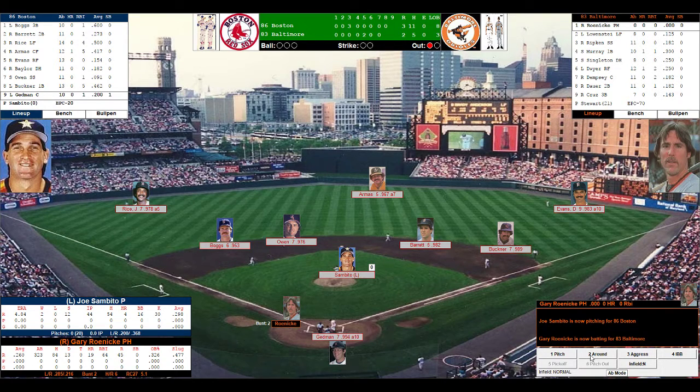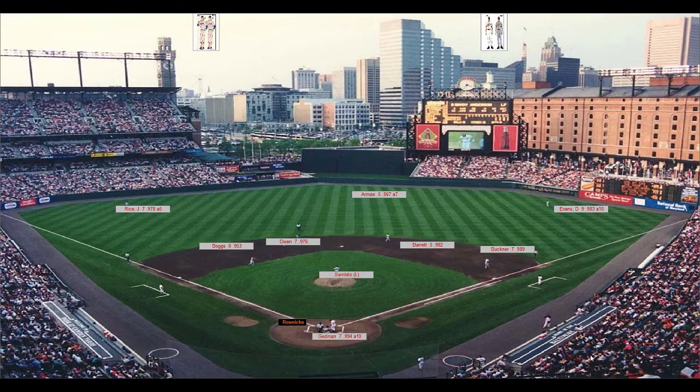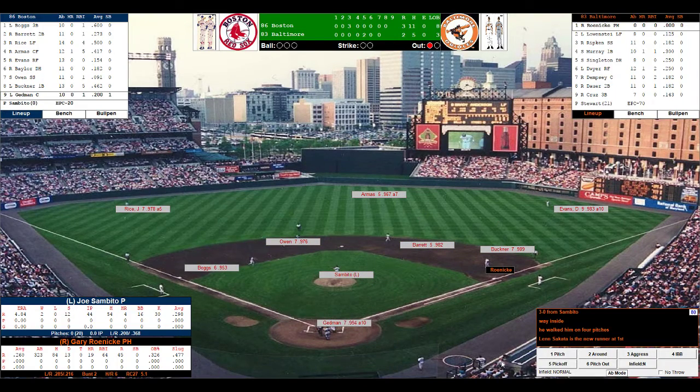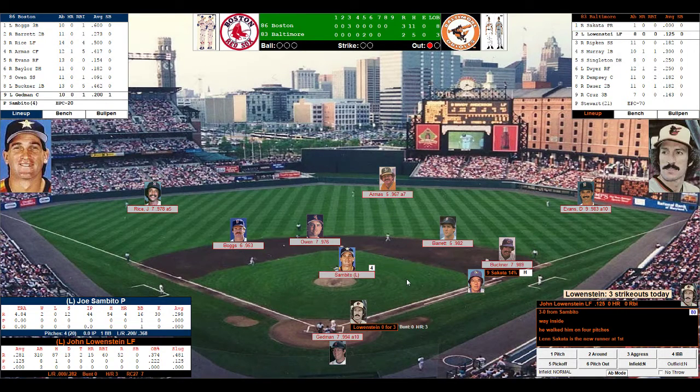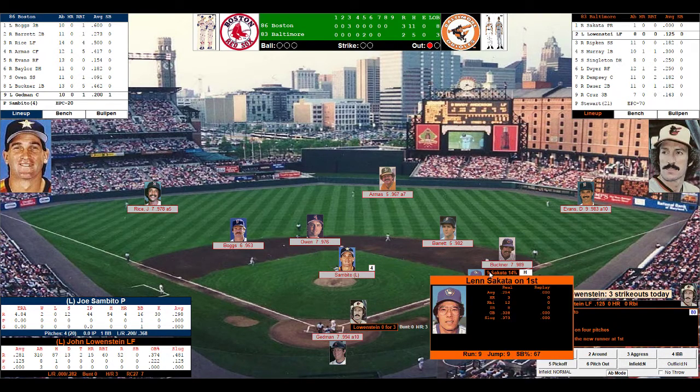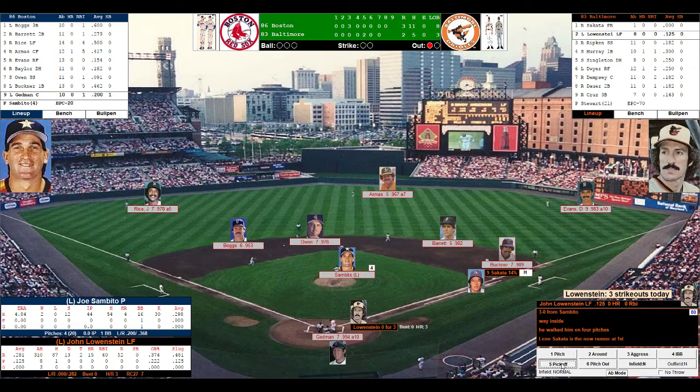So what we're going to do with Joe Ciambito, go with the pitch around here. Hopefully get Reniak to chase. Gedman goes out to have a quick word with Ciambito, now back behind the plate. He sets the target. Here's the pitch to Reniak, the pitch around. And Reniak walks. Len Sakata will pinch run. And John Lowenstein comes to the plate. And they're definitely going to pinch hit for him. But we'll go through the motions. So Sakata, 9 out of 10 runner. Ciambito throws over. Buckner applies a tag.